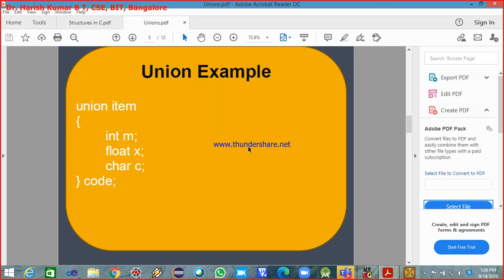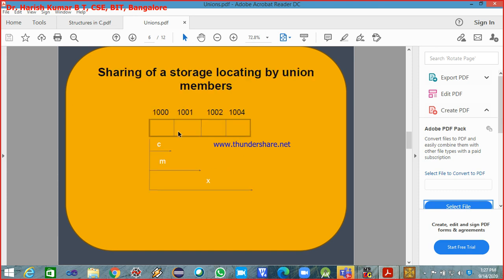Let me assume it's a 16-bit machine. This is only 2 bytes, this is 4 bytes, and this is 1 byte. So the memory is allocated for the largest member of the structure, that is float. 4 bytes of memory is allocated, and the same 4 bytes are used by all other members for storing the information.